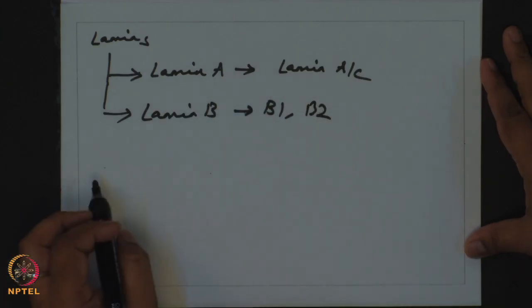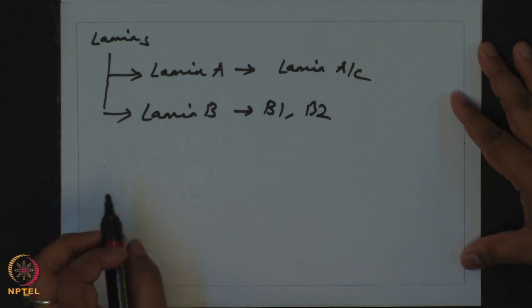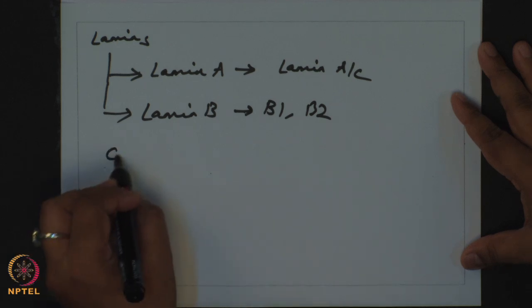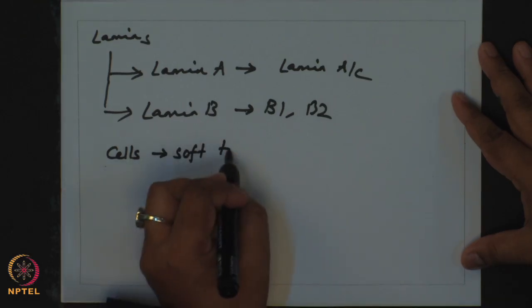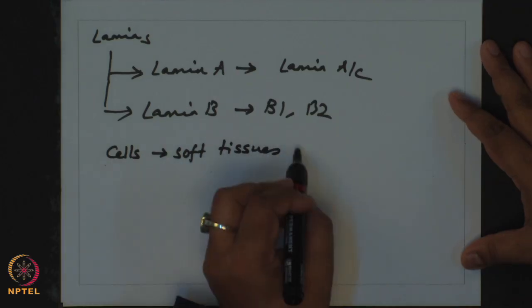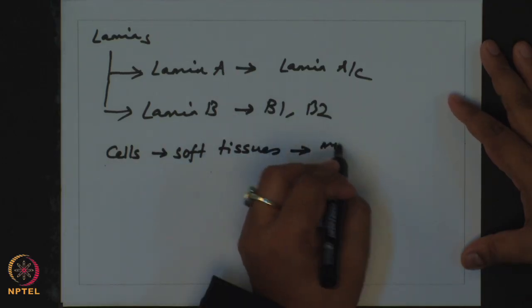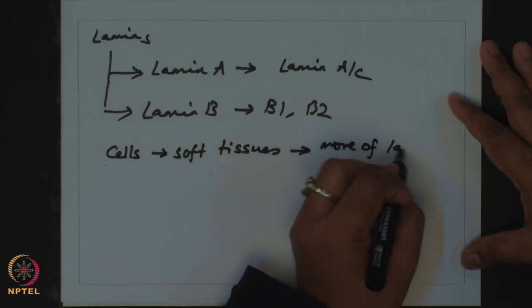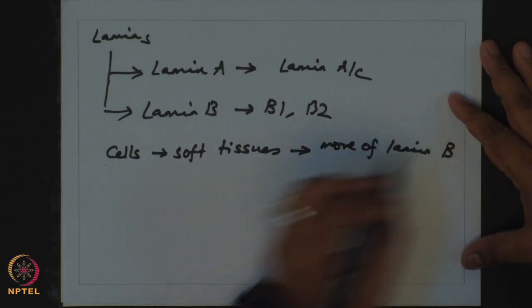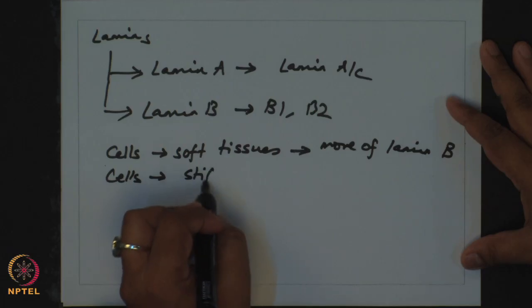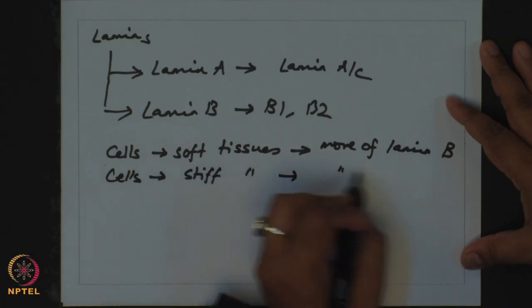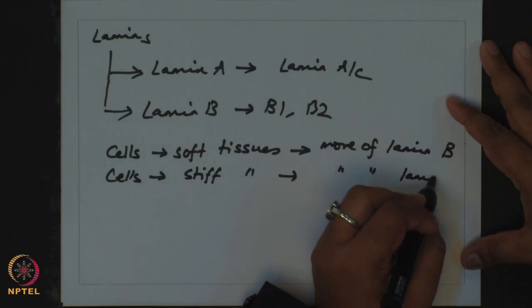What has been recently demonstrated is that cells which reside in soft tissues contain more of lamin B,